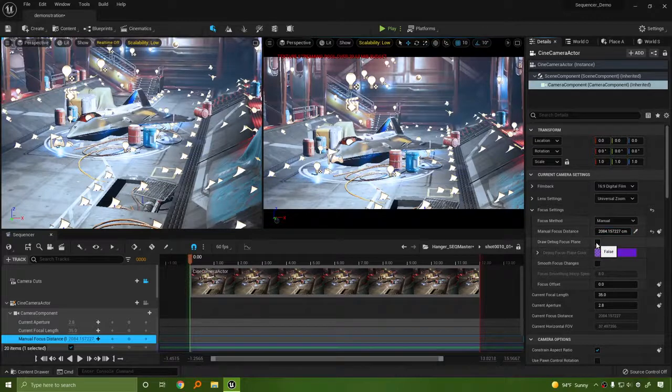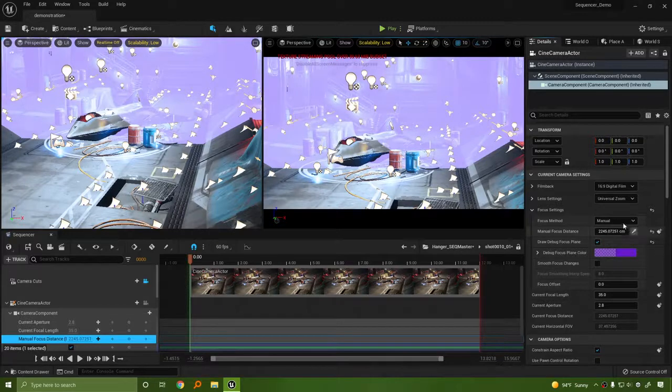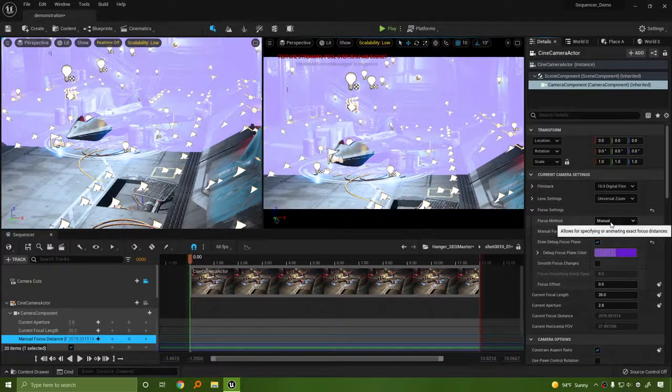And this can be toggled on or off. So for example, let's see if I can... It's not going to give us much of a result, unfortunately. This scene is relatively narrow and we're encased, so let's go ahead and just click on that and double check to make sure our focus debug plane is on. Oh, if it's not exact, we can always move this a little bit to get a better result. Cool. And that can be set up by default, with our focus method here set to manual,